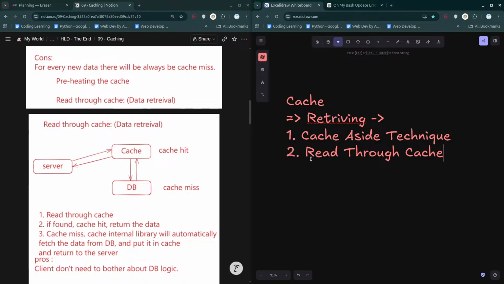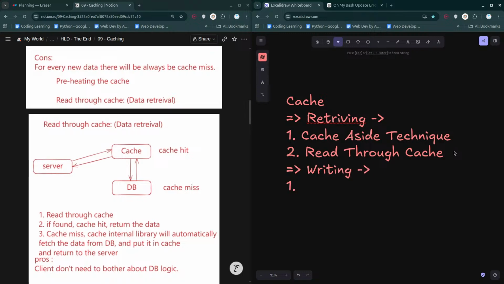So what happens here is that you do not make a request to the database directly, rather you make a request to the cache. Cache handles everything. If it doesn't have the data, it makes a request to the database, gets the data, and simply sends the response back. Pretty simple. Let's talk about writing over here. So we've been retrieving the data. Now we are going to be writing.